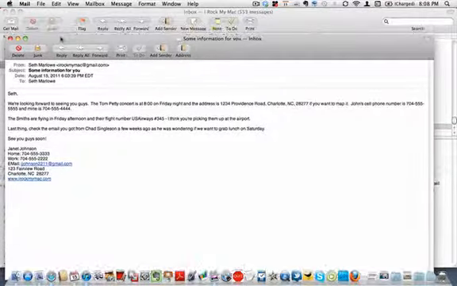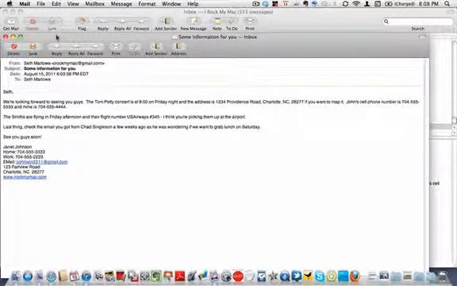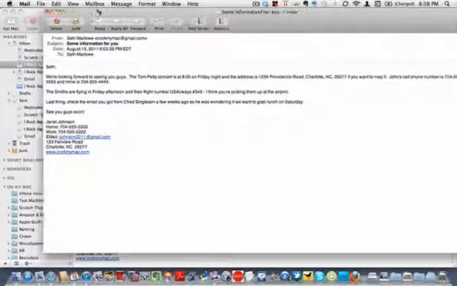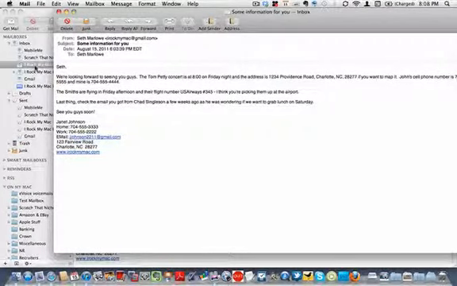So Mail is the email client that's on your Mac. You can set up and use the Mail and synchronize it with different accounts that you might have. So if you have a Gmail account, a Yahoo Mail, Hotmail, work email, all of those can sync into Mac Mail. You'll notice here in the inbox area, I have multiple accounts set up so they can all sync in